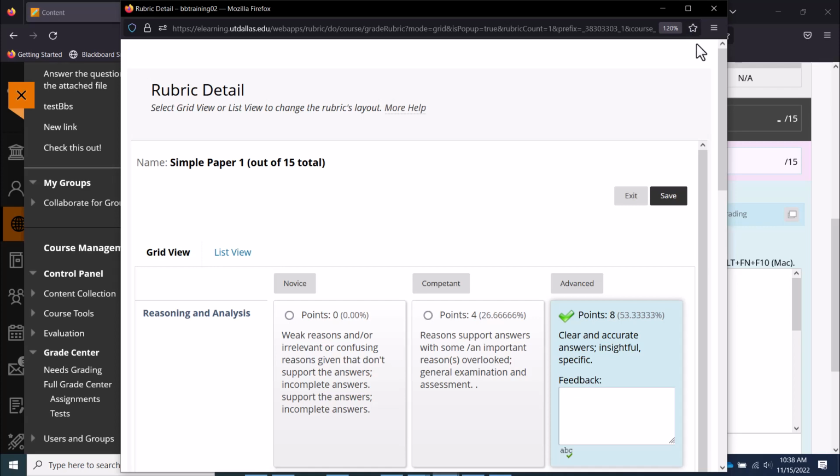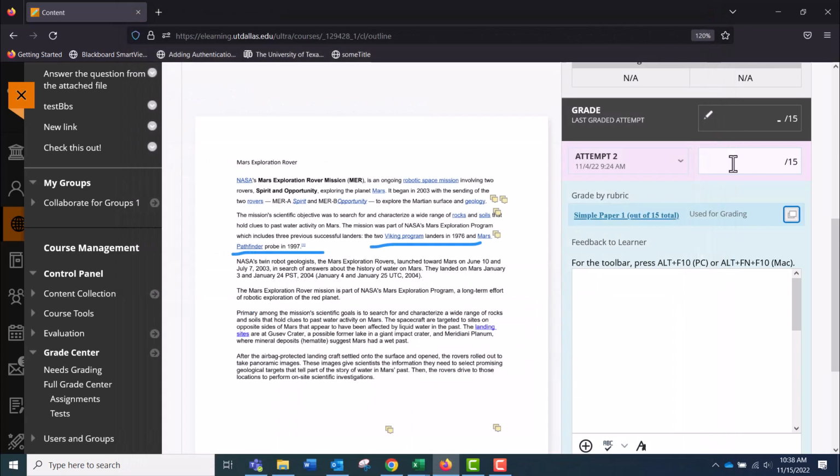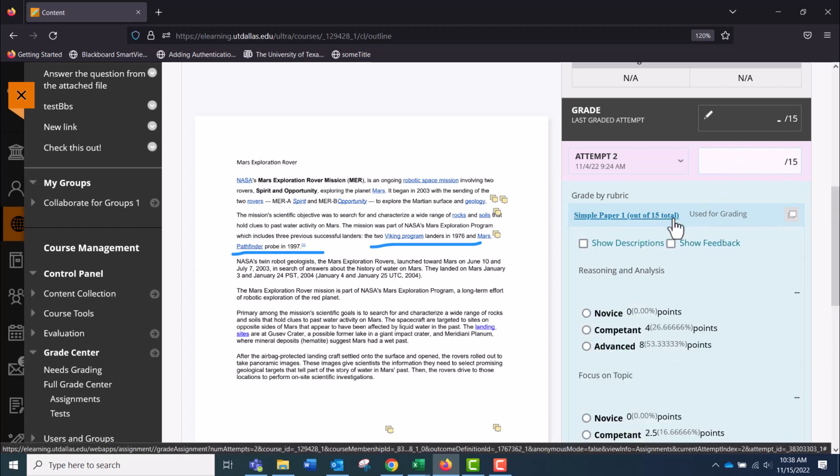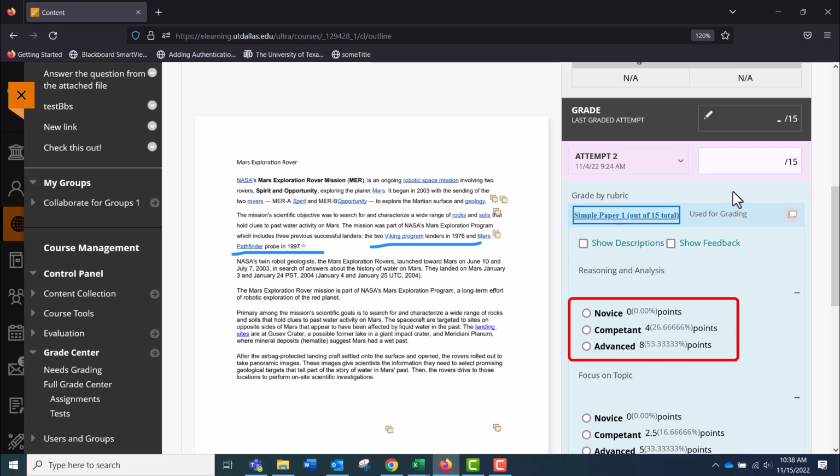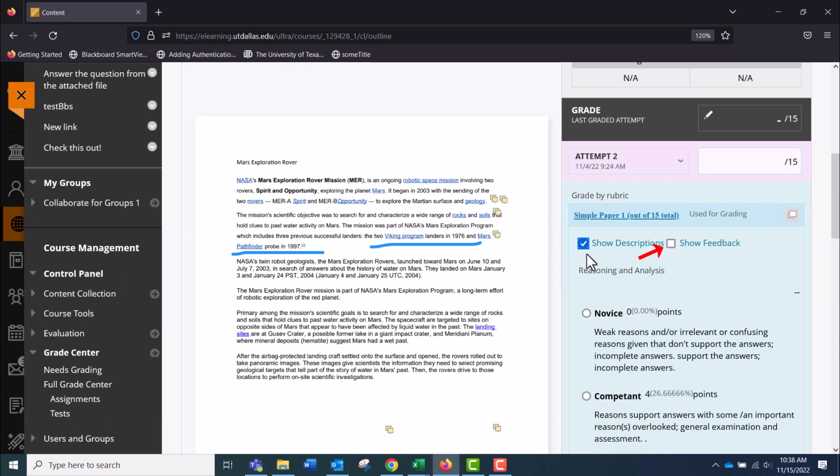The other way to grade on the rubric is inline. Simply click on the rubric title, and this will bring up the rubric criteria and the point value or percentages. You can check the Show Descriptions to view details, check Show Feedback to add feedback on every selection you make.